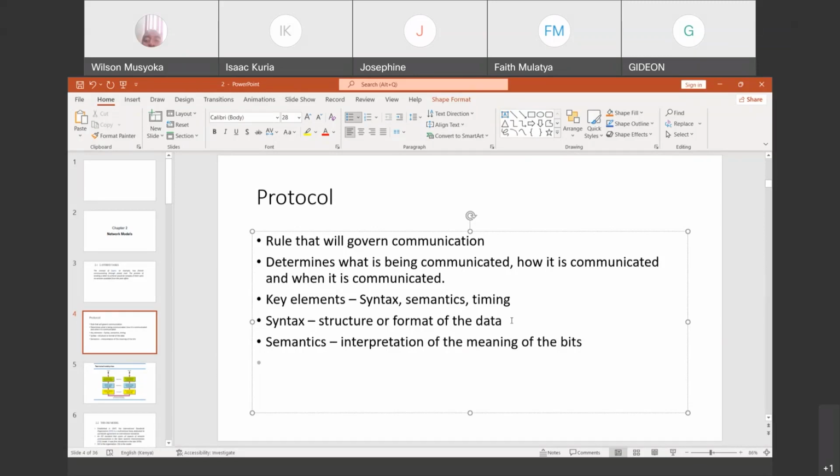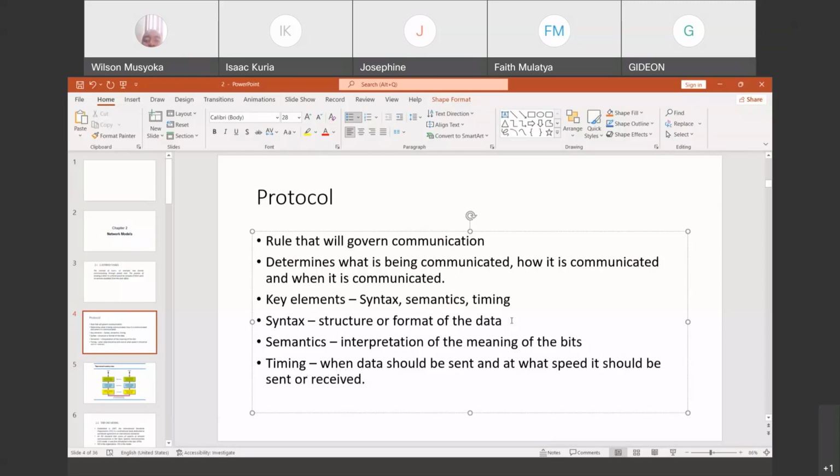And then timing deals with when data should be sent, and at what speed it should be sent or received.